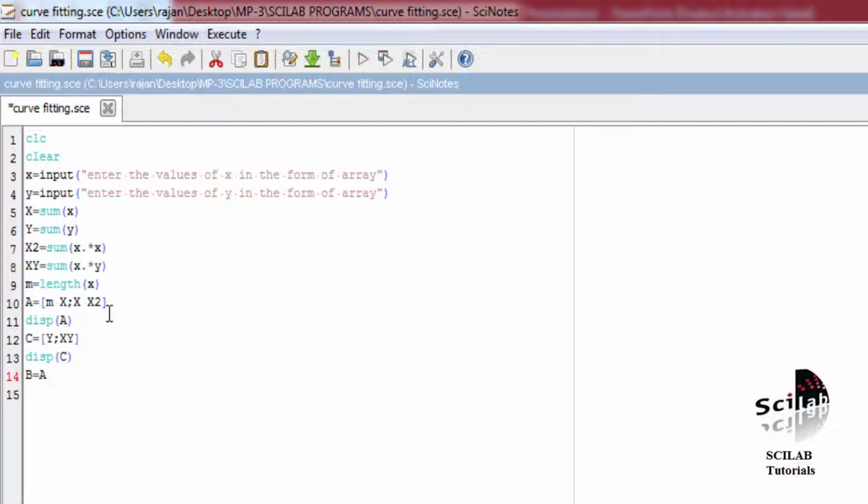Okay. So how will we write this? First we will have to calculate the inverse of A, and for that the command is inverse A. Then we will multiply this inverse with the column matrix C. So we will write C. Okay. Now what are A0 and A1? So we will write B to see whether we are getting the correct values of A0 and A1 or not, and run or execute the code.